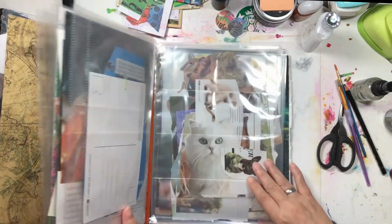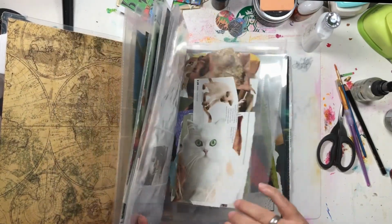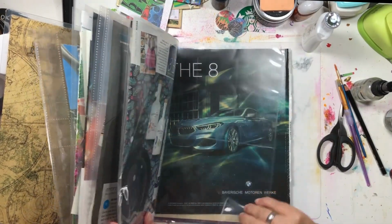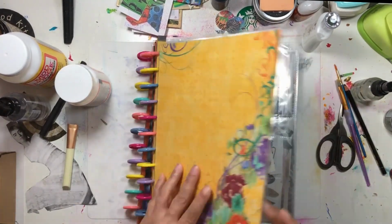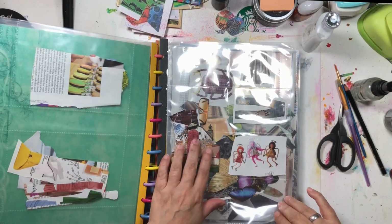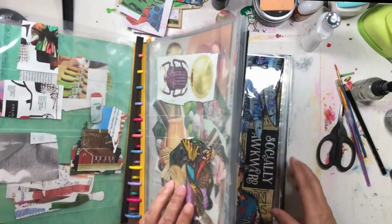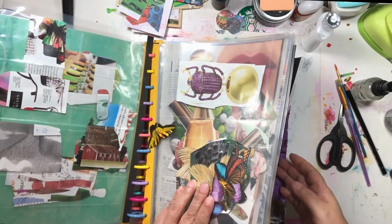So I am going to try to find something for her to hold. So I need like a stick or I need something sticking out. Nothing there. So let's try this one. I have a good feeling about this one. So she could hold a... She could hold... Do we need a butterfly wing for her? Let me see. Let's see. Do we need...